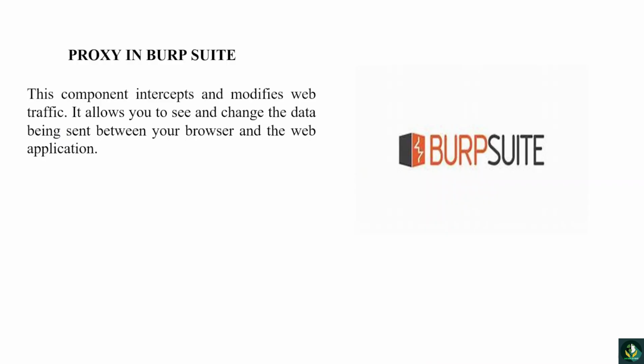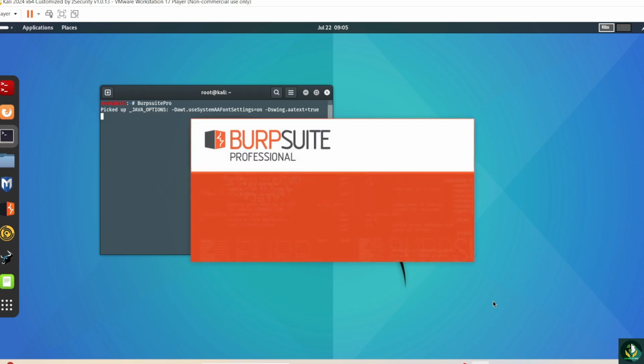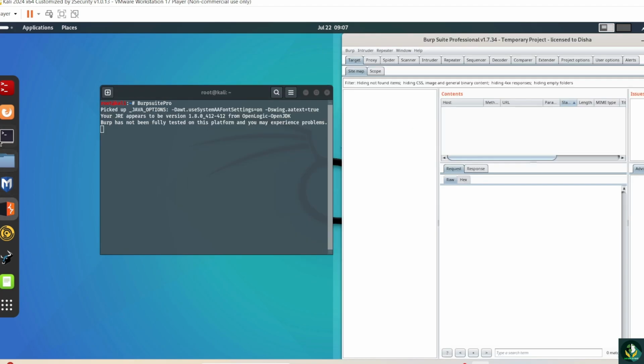This component intercepts and modifies web traffic between the browser and the target web application. We will see this in practice. First, we need to configure the proxy, which means connecting the proxy to the Burp Suite Professional. In the last lecture, we activated the Burp Suite Professional. I'm going to turn it on now. Burp Suite is on, and now I'll open the browser